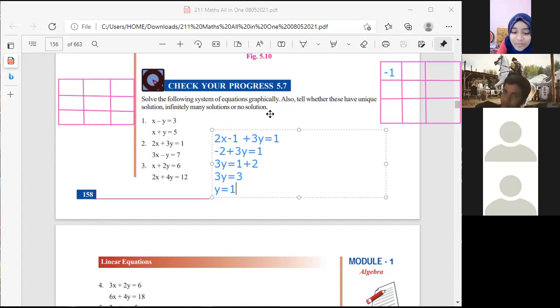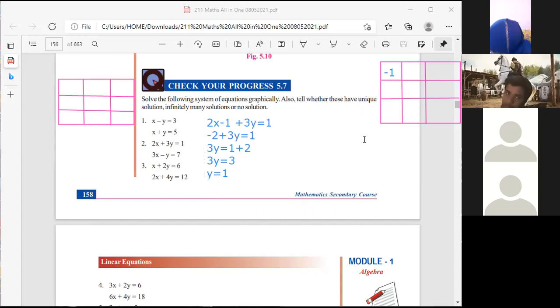Yes, teacher. I made a mistake in it. No problem, beta, it happens. So we get y as 1. That means this odd number is working here. So I took an odd number. Now I may take this as 0, and I will take this as positive 1. Let me see what happens.